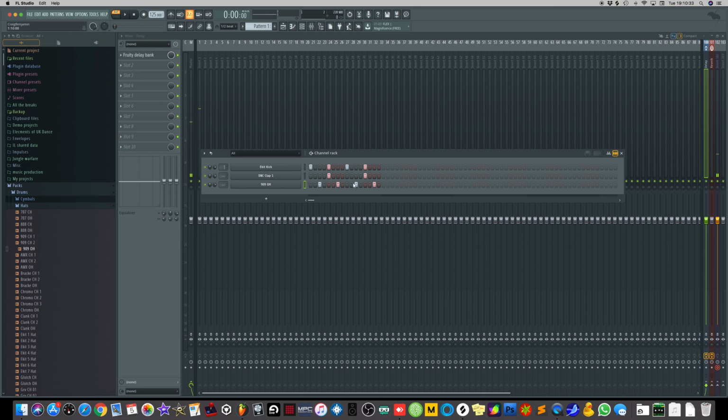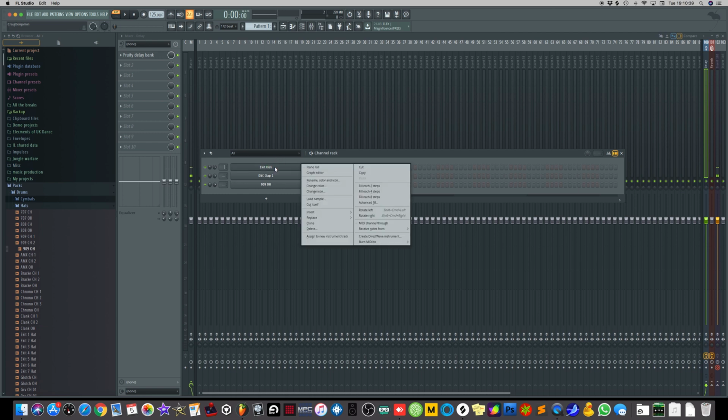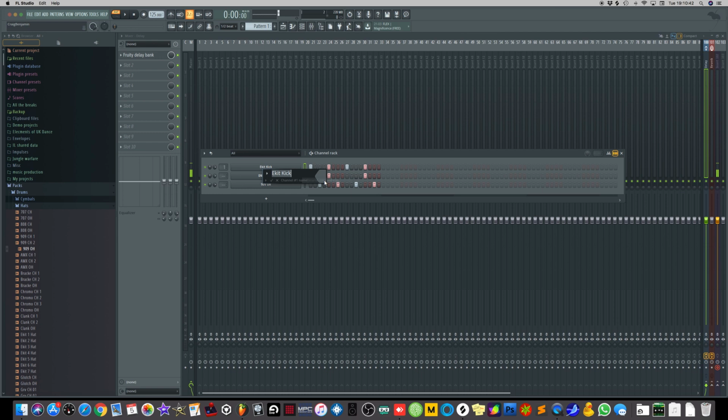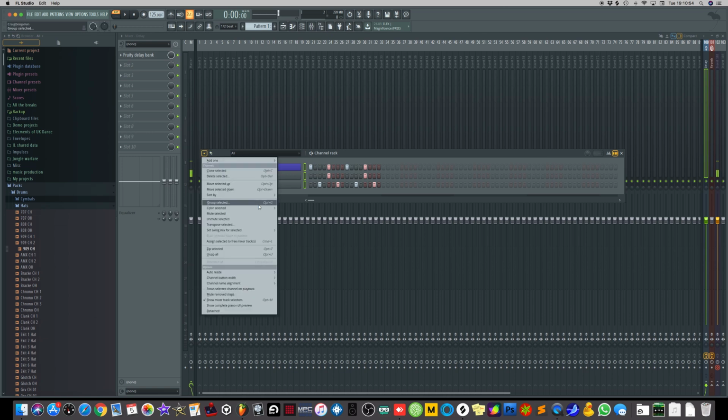Excellent, there we go. So now what we're going to do is we're just going to go and rename color and icon. So we're just going to give these this lovely purple color, which you can actually do if you go select all of them, and then you can click here, and then you can go